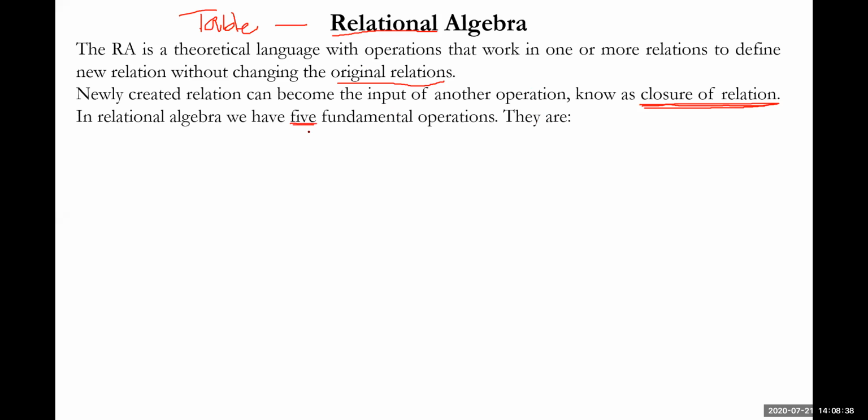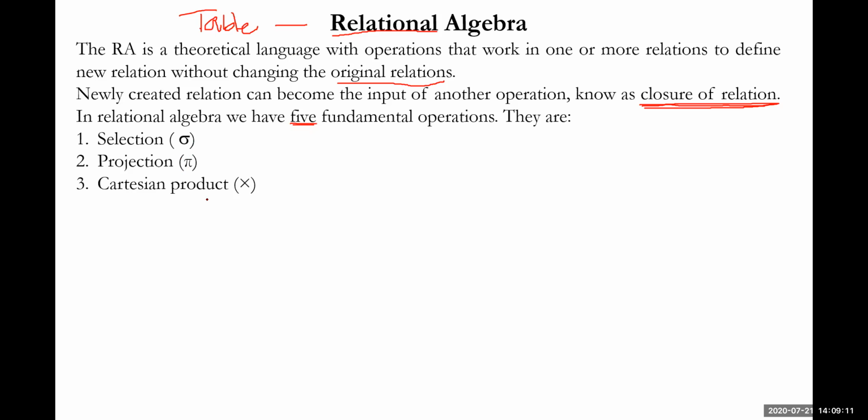Already we have studied them in SQL, but the same thing will be written in a theoretical approach. That is the only difference. In parallel, I'll do some exercises theoretically, and the same kind of exercise practically also. So what are the 5 fundamental operations? The first one is selection, always shown with sigma. And projection is always shown with pi.